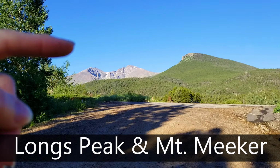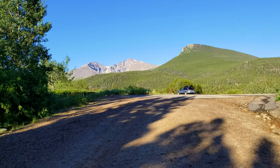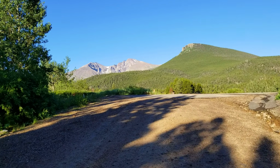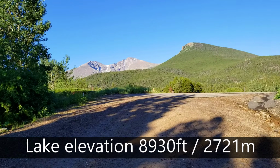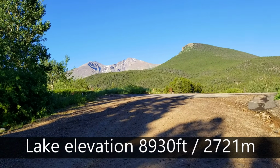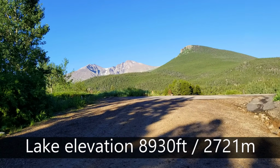You can see there's no trees on the mountain. That's because it's above the tree line. So that kind of gives you an idea of how high you are here. It's a wonderful hike to go up, and a very popular one is Long's Peak. But